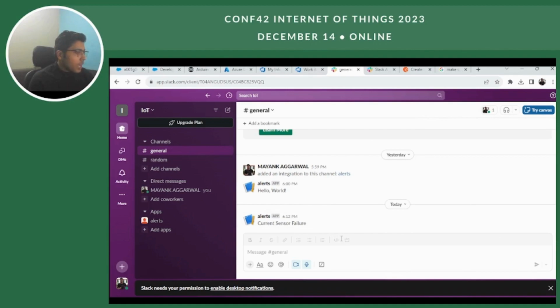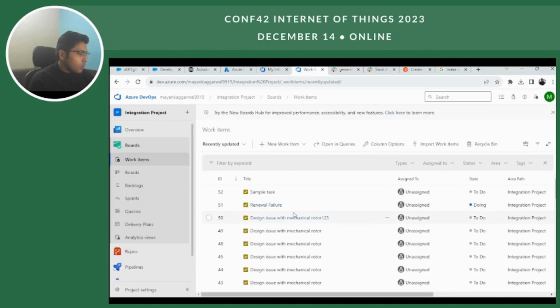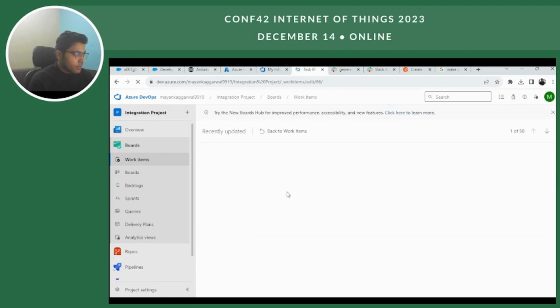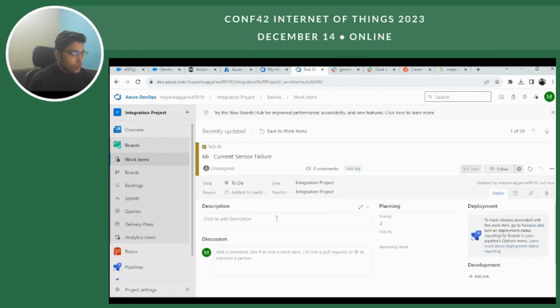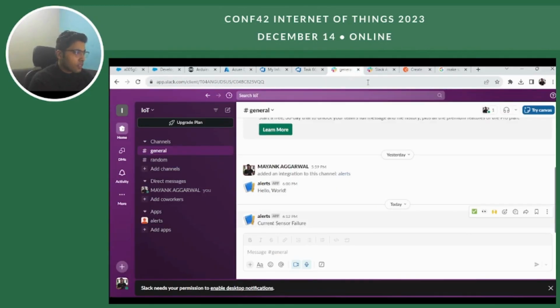And now I need a support ticket. I need a ticket to be logged in my ADO instance for support teams in order to monitor that and start working on that failure. So let me just refresh my page. So we have got a ticket created. These are the two integrations other than Salesforce that I have done for the smart energy meter. Let me show you how the processes work on the back end for these two integrations. Let's start with Slack first.